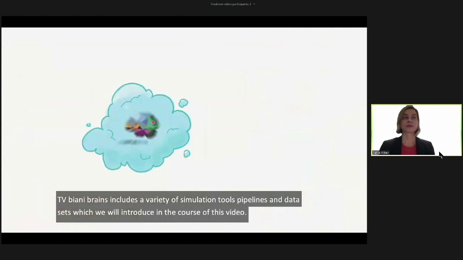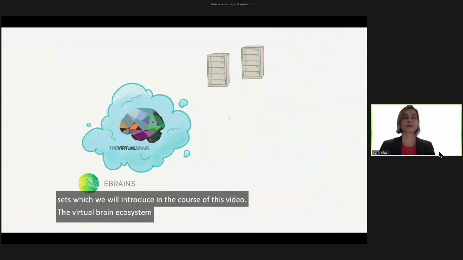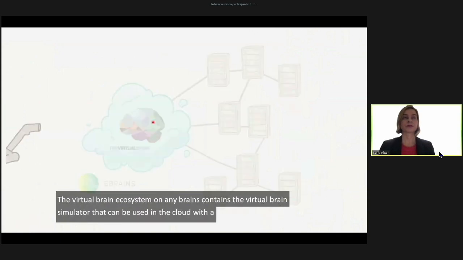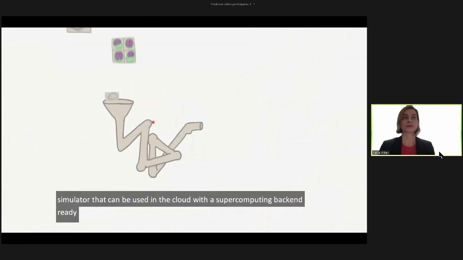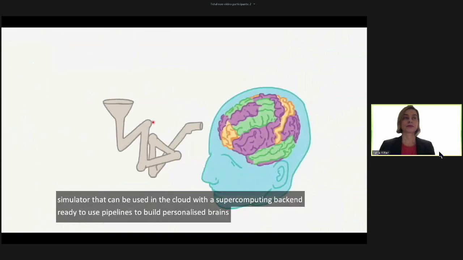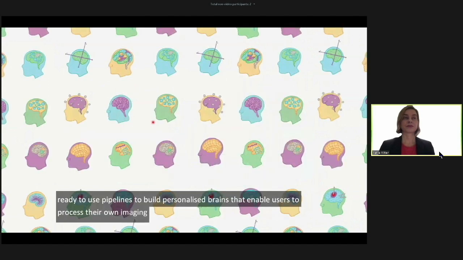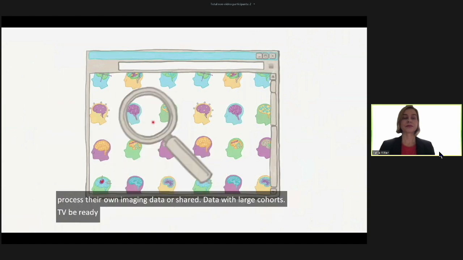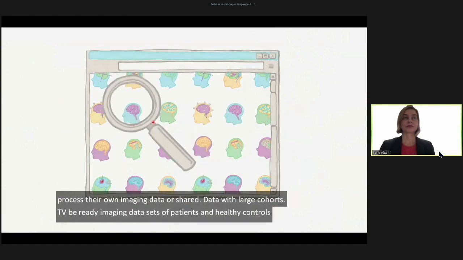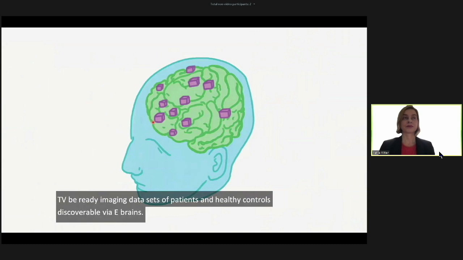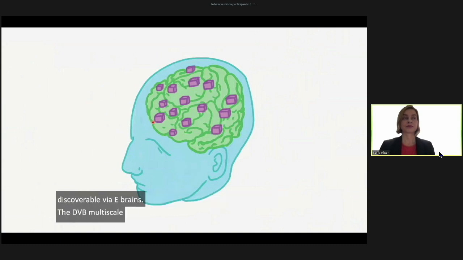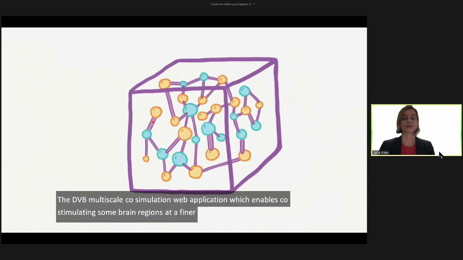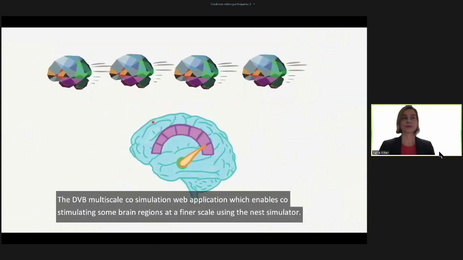The Virtual Brain ecosystem on EBRAINS contains the Virtual Brain simulator that can be used in the cloud with a supercomputing backend, ready-to-use pipelines to build personalized brains that enable users to process their own imaging data or share data with large cohorts, TVB-ready imaging datasets of patients and healthy controls discoverable via EBRAINS, the TVB multiscale co-simulation web application, which enables co-simulating some brain regions at a finer scale using the NEST simulator, fast and parallelizable hardware-near implementations of